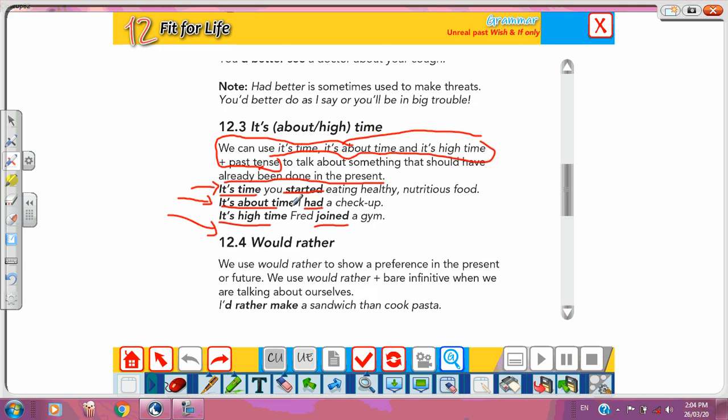It's high time Fred joined the gym. Okay, that means he should join. He should have been joining a gym right now, or he should have joined a gym in the present, right now. Okay, so we stop here, and in the next session we are going to discuss, inshallah, would rather, would prefer, and prefer, be used to, and get used to,